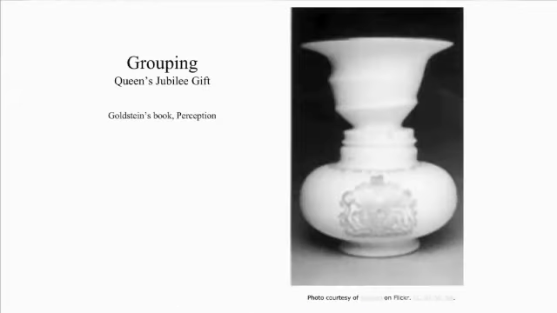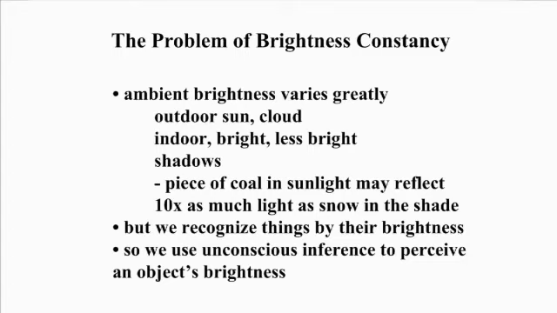Here's another example of the choice of interpretation. So you can see a vase, or you can see two faces here. Usually it's hard for people to see them both simultaneously. They tend to flip back and forth. But you can choose the interpretation of what you see. So let me pick one example where people have studied a lot, which is the issue of brightness constancy.